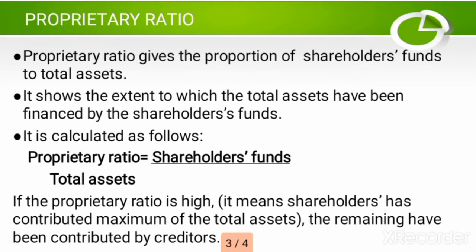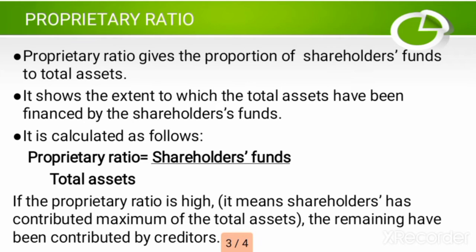It is calculated as shareholders' funds divided by total assets. This is the proprietary ratio formula: shareholders' funds divided by total assets. Shareholders' funds, also known as proprietor's funds, are the funds contributed by the owners in a company. The proprietary ratio is expressed in the form of a percentage. If shareholders contributed 100%, or the complete assets of the company are financed by shareholders, it implies that no external debt was required for financing the